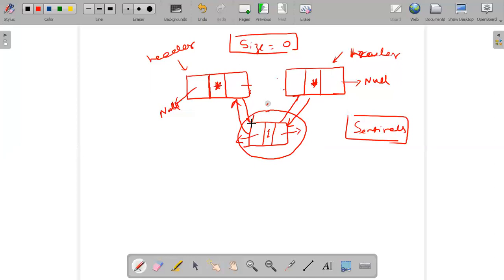I may have some other condition also. I can check the data inside, and if some data is corrupt, then I can say this is an invalid position. This is the benefit of adding the sentinel. Another benefit is also there, which you will see once we are implementing.